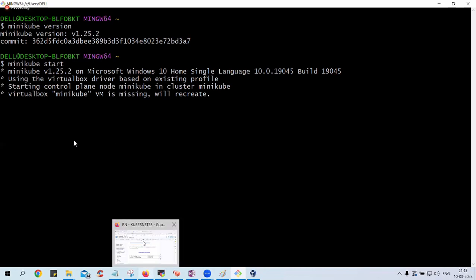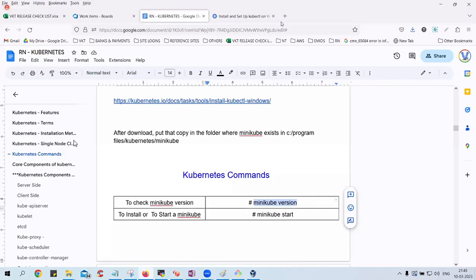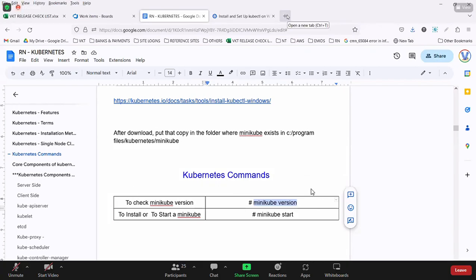So how many of you are done with AWS, guys? How many of you are done with AWS?